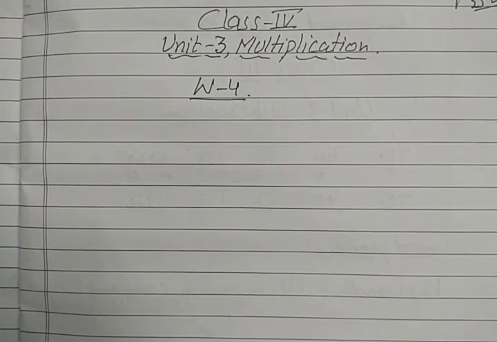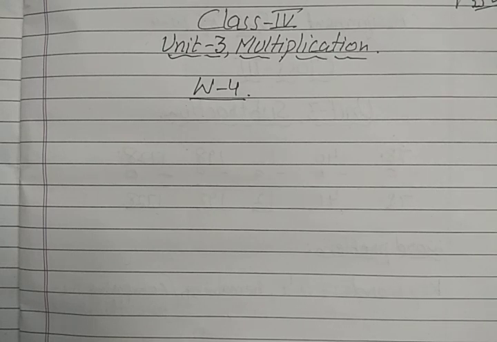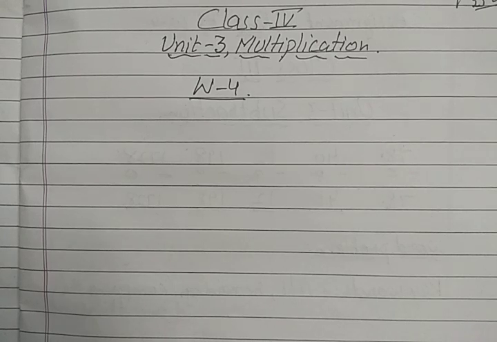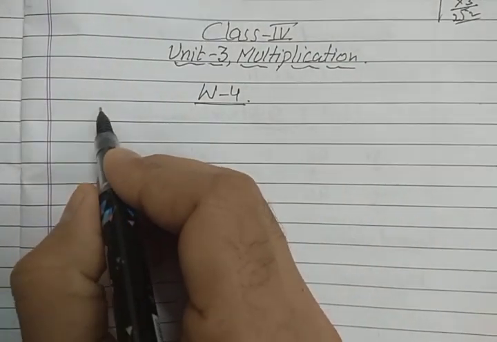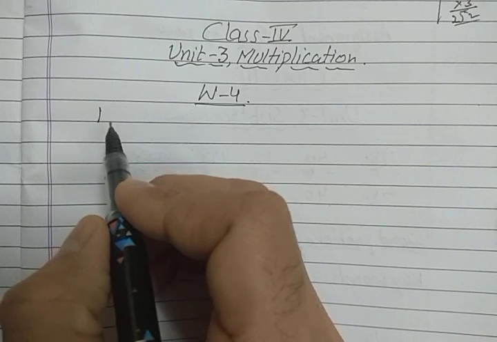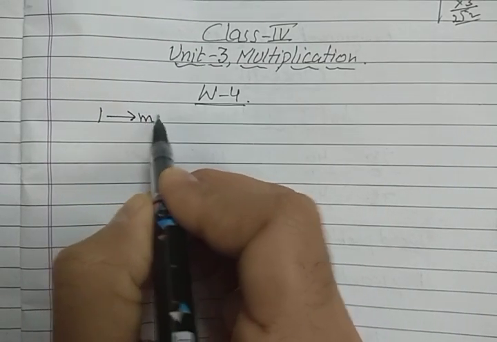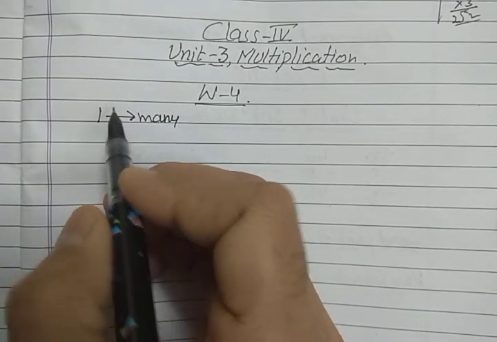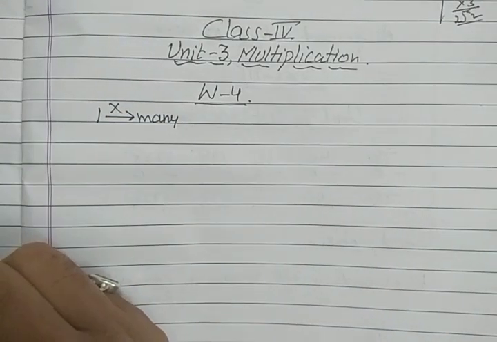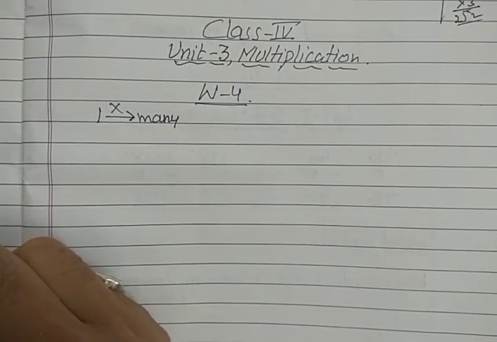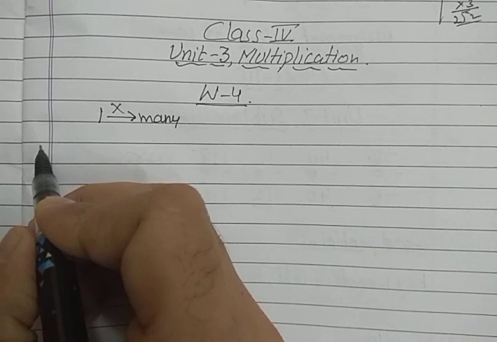Hello students, we are doing worksheet number 4 which has word problems in it, and we have discussed one problem. Do you remember in which situation we need to multiply? Yes, when one thing is given and we have to find out many of the same kind, then we will multiply. So let us start with the B part